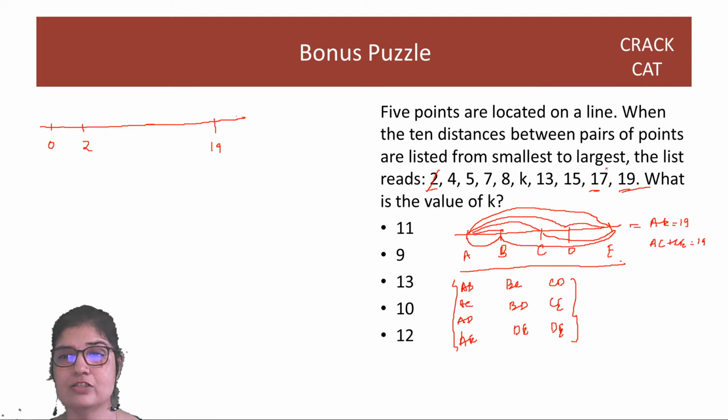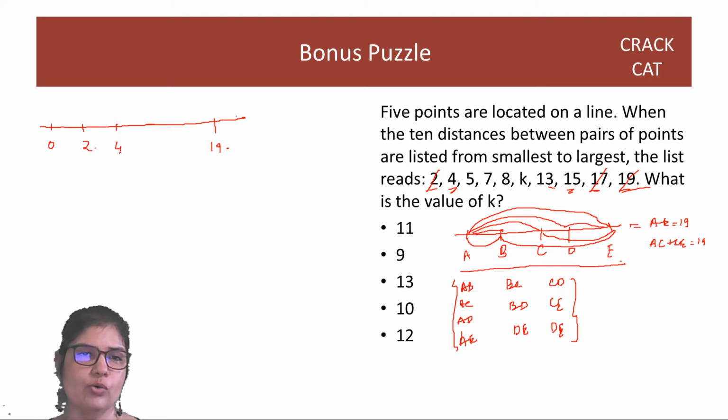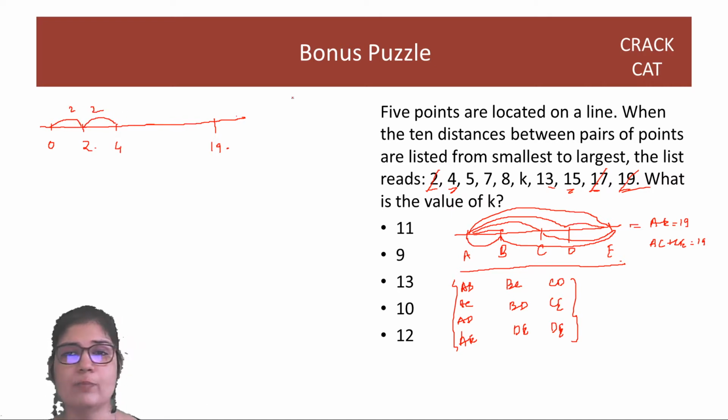Correct? So 2 is done, which means we've taken care of this distance of 2. We've taken care of the distance of 17, which is the distance between 2 and 19. That is 17. And we have also taken care of the overall distance of 19. So we have 3 distances done, 3 points done. We are rolling, right? Okay. Now, which are the other 2 numbers that add up to 19? So with 5 you don't have 12, with 7 there is none, with 8 there is none, but with 4 there's 15. So it's very natural to think of it as 4 and 4 plus 15. But if I put the point 4, guys, I will have 2 distances of 2 each, which is not possible. All distances are different. So this will not be 4.